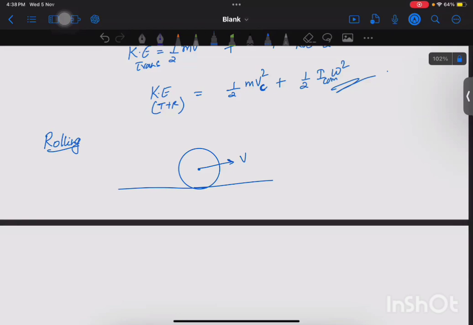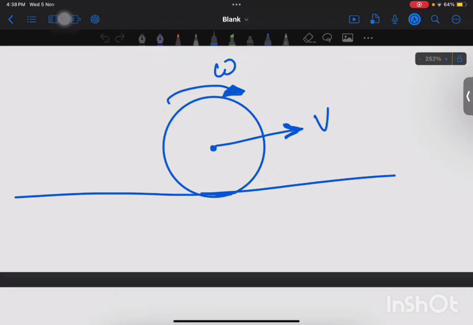So this is the velocity over here. This is the center of mass. This is the angular velocity over here, omega. And whatever is the velocity of this particular point of the ground, that's called the G point. If that is the same as the velocity of this point called the P point, it means that they are not slipping against each other. We say that there is no slip. Fine. So we say that such motion